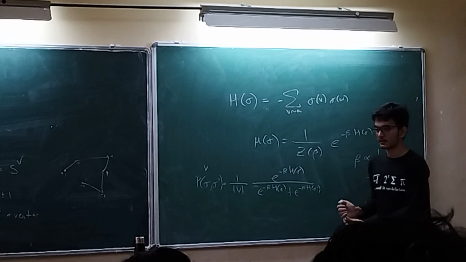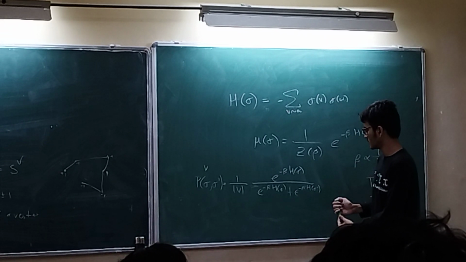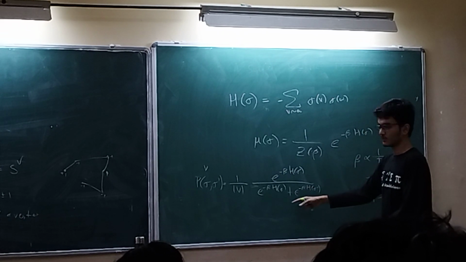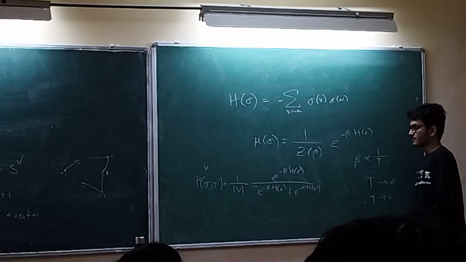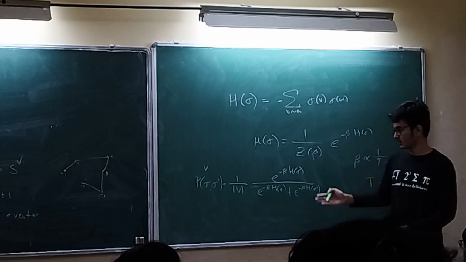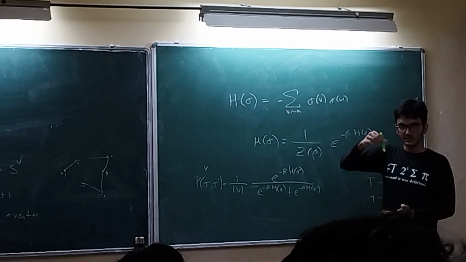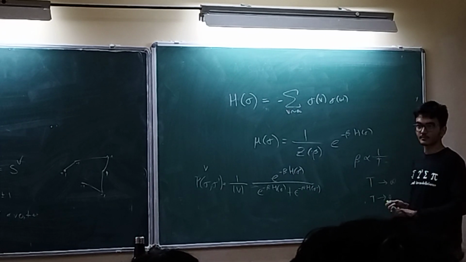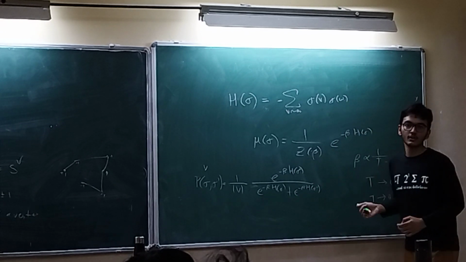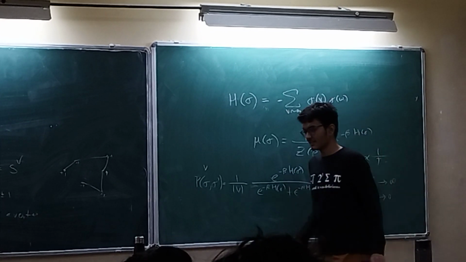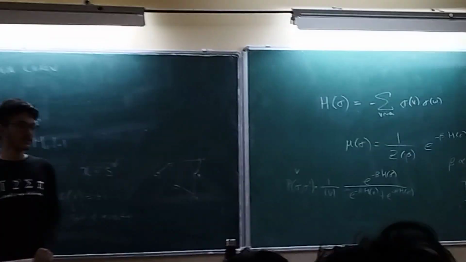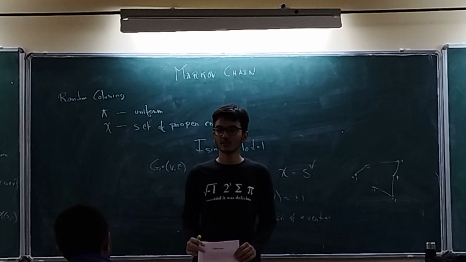Z of beta will get cancelled. It should get cancelled, right? Yeah. There will be 1 over Z of beta here and 1 over Z of beta here. So again, many things will get cancelled. You can write a much better explanation of this, because the only thing that is changing is that. Is it okay? Okay, that's it then. That's it about the Ising model, and hopefully you liked that. If you have any questions, please feel free to ask.